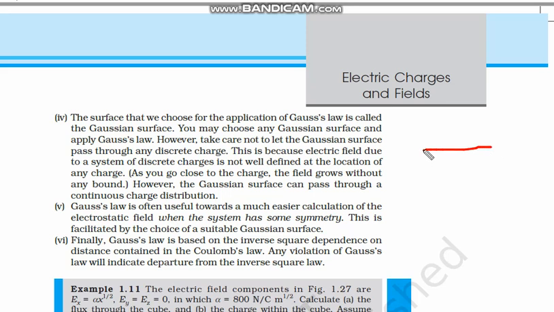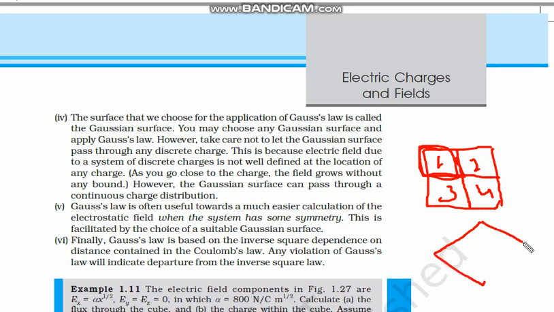Let us say we have this type of a diagram. Let us say we have a square. If we divide this square into 4 equal parts, and solve for this small part and simply multiply it by 4, we will get the whole area. So this is called symmetry because 1, 2, 3 and 4 are similar. Similarly, if we take this kind of surface and solve only for one portion, any one portion, and multiply it by 4, this is again the same. So this is called symmetry operation. Symmetry operation reduces the calculation time.